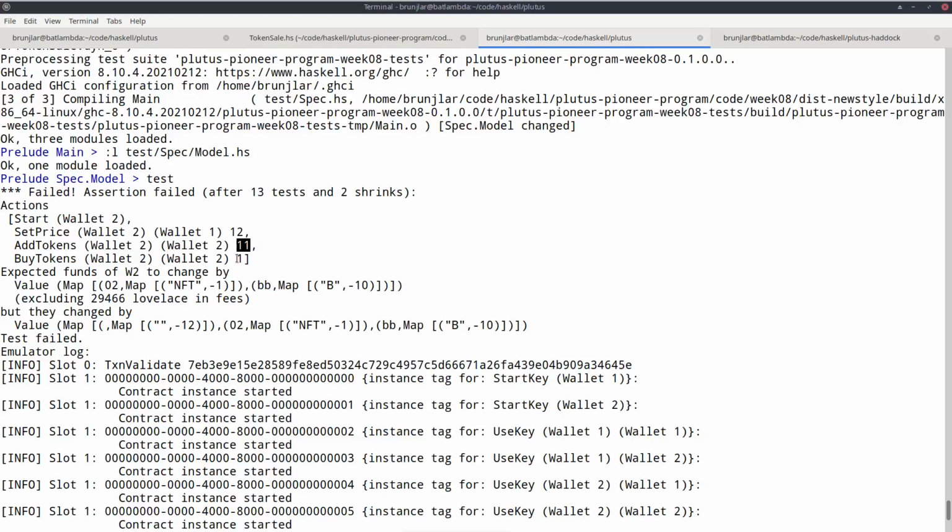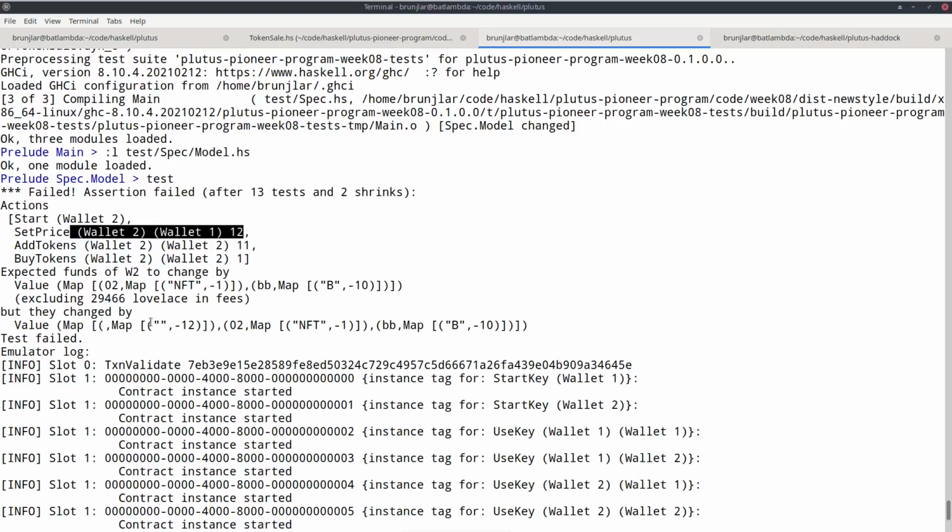And so according to the model, the price should still be 0, so the token should be for free. And therefore the model expects that the wallet loses the NFT, loses 10B because it gave 11, it added 11 to the contract, but then bought 1 back, so that's 10, and no change in ADA, because the price according to the model is still 0, because this action shouldn't have an effect according to the model.